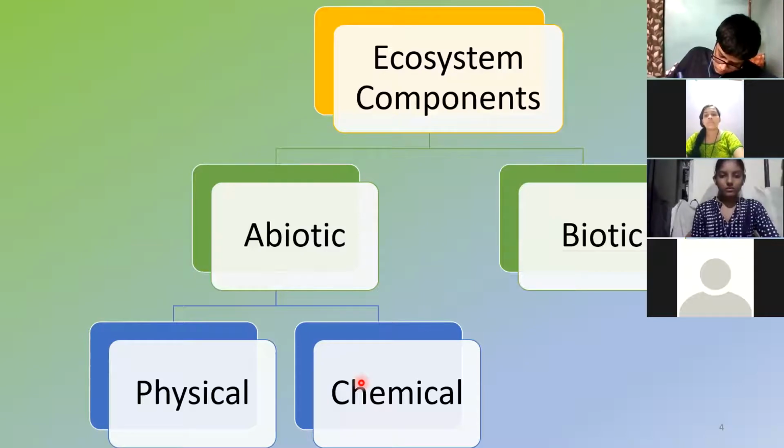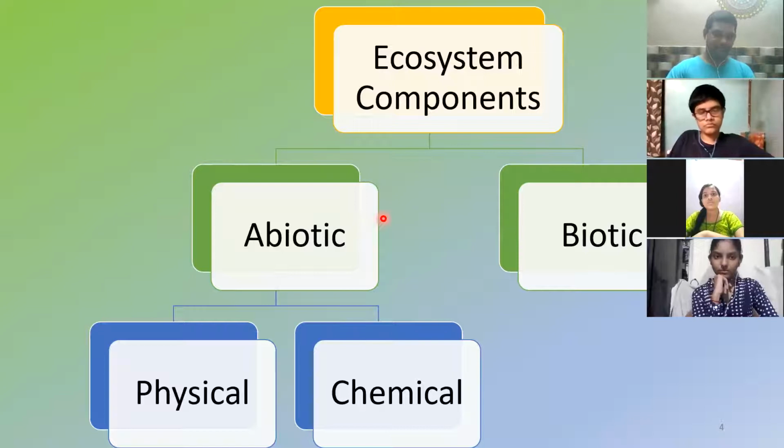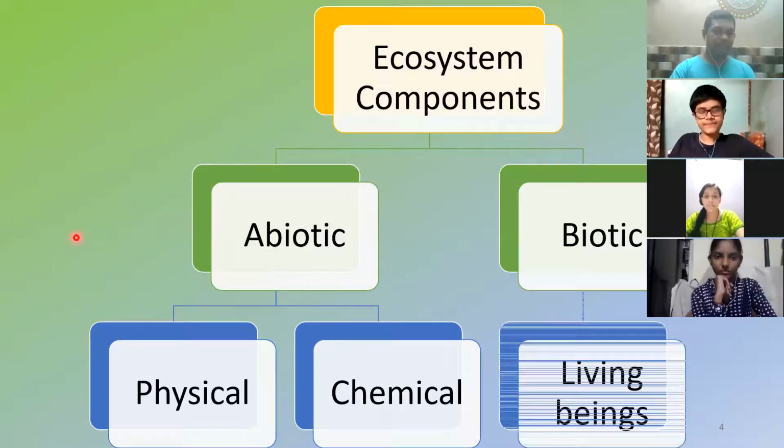Okay, then biotic components means you cannot classify it further because you are including all the different living organisms present in it. So all living organisms means what? You will talk about all the animals, the birds, the plants, the insects, the microorganisms, even other human beings. Any organism which is a living organism. So that's how you can divide the different components of the ecosystem. Clear everyone?